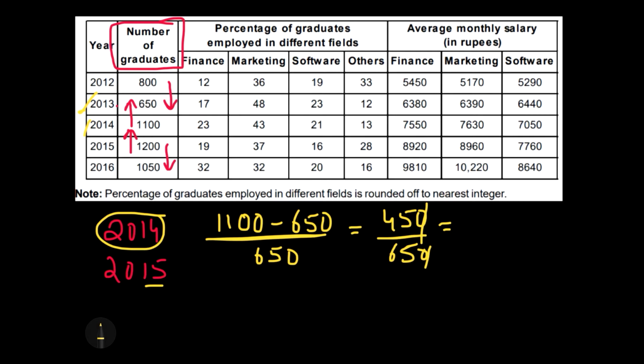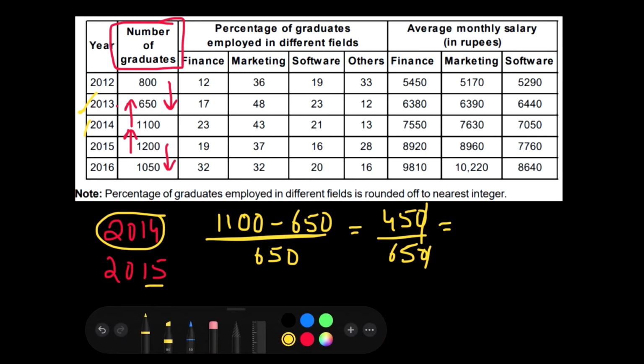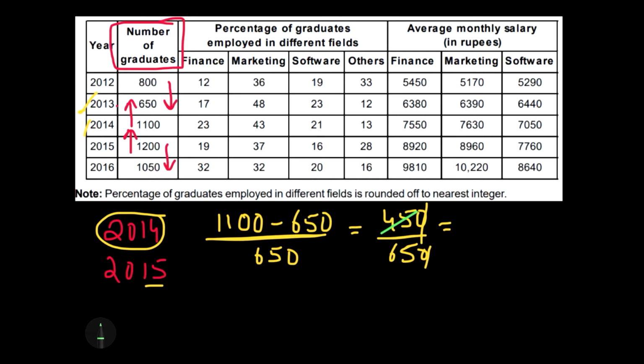Now, there are two options to do this question. When you are dividing 45 by 65, either you get down to the smallest fraction and then compare it with one of the percentages if you remember the value, otherwise directly solve for it. For example, if I cancel it by 5, then I'll get 9 here, and if I cancel this by 5, I would get 13. So 9 by 13. I can't reduce 9 by 13, but at least 9 by 13 would be easier for me to divide and check what would be the value.